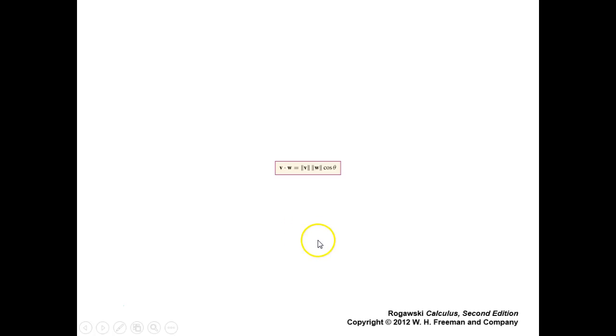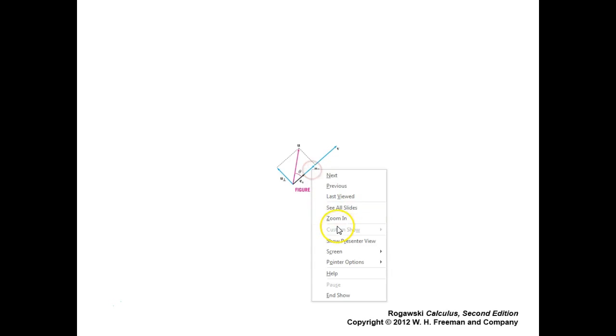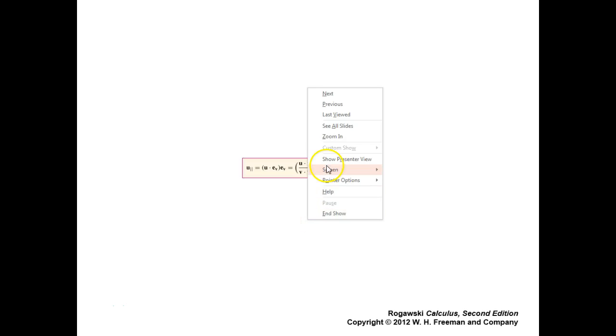So here's the other one. This was what I called the second definition, because they did it second in the book, of a dot product. Magnitude of v times magnitude of w times the cosine of the angle in between. Scalar quantity. Magnitude is scalar, cosine is scalar. Okay? Projection. I'm not going to go over all these again, but they're showing them again because they showed them in the summary as well. And that's the projection of u onto v, meaning the component of u parallel to v. It shows several things about it. Okay? And then this was